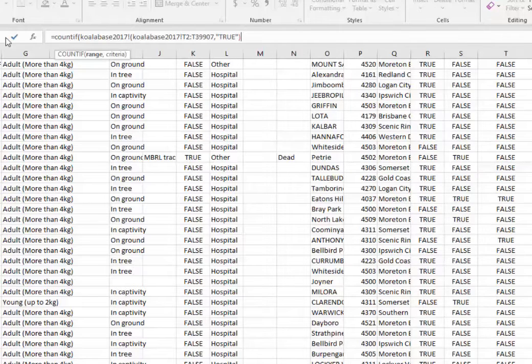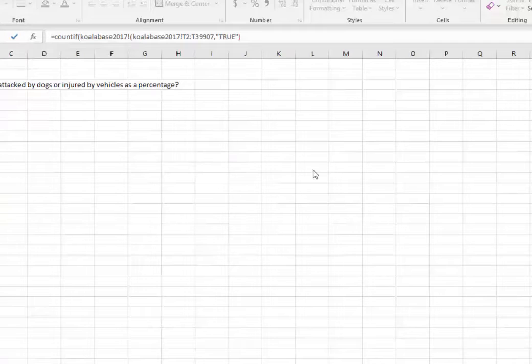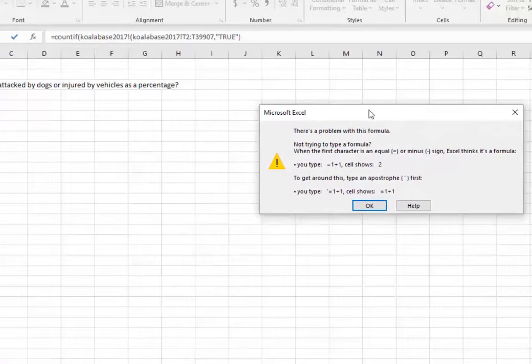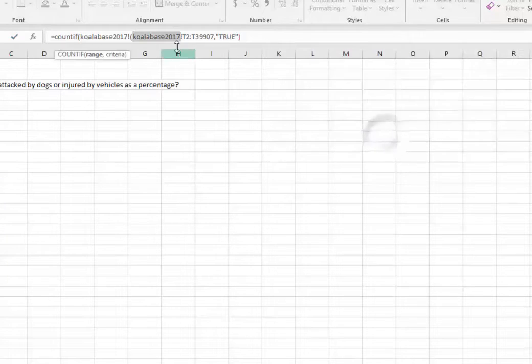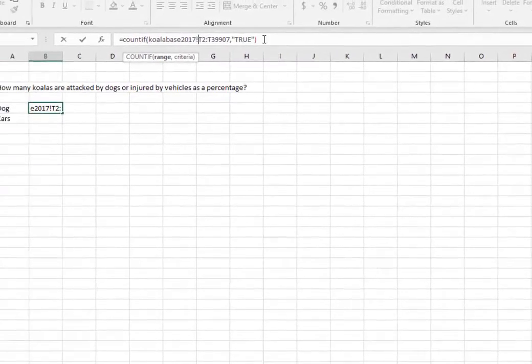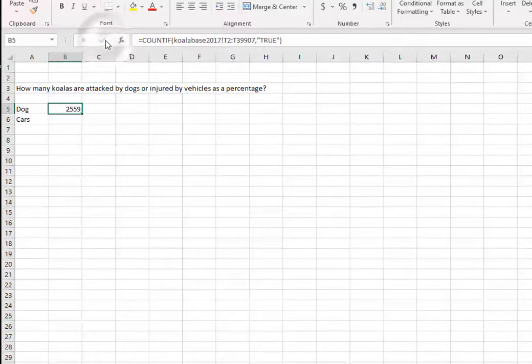Now let's see if that works. Okay, look, so this is what comes up. There's a problem with the formula, and I can see what the error is already. It's because of the way that I've written it. Notice I've got KoalaBase here, and then it got automatically put in a second time. So I'll get rid of this second version of it. I also need to get rid of that bracket. Now let's see if it works now. And it does,